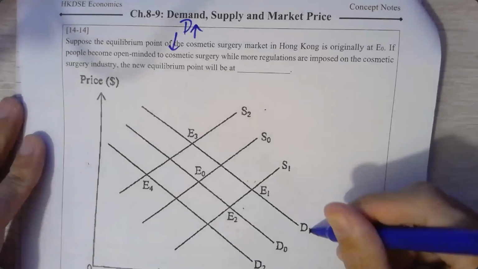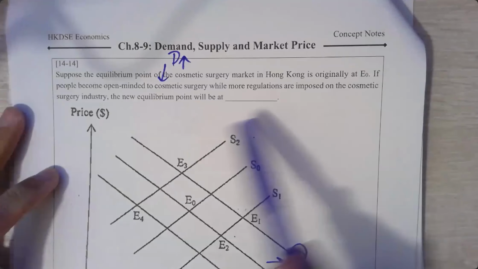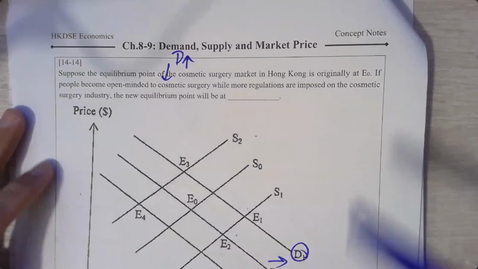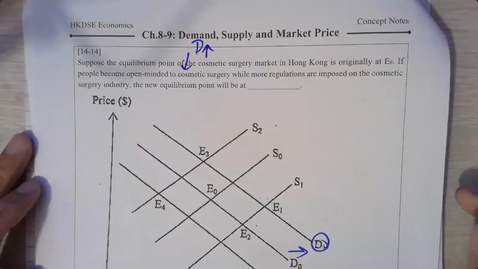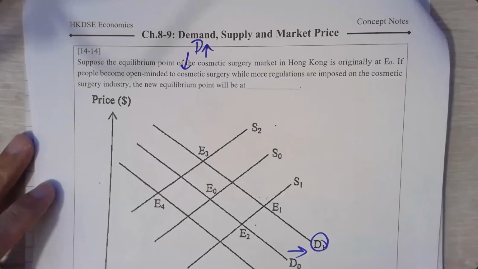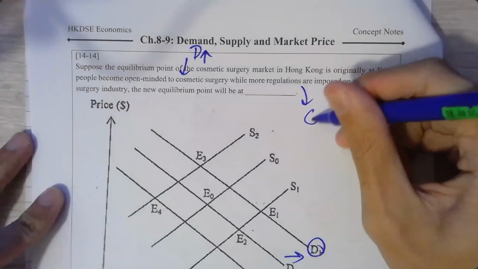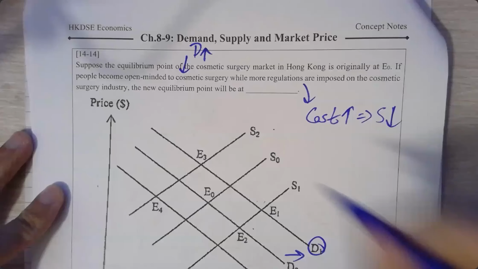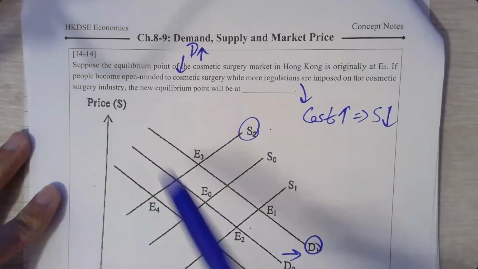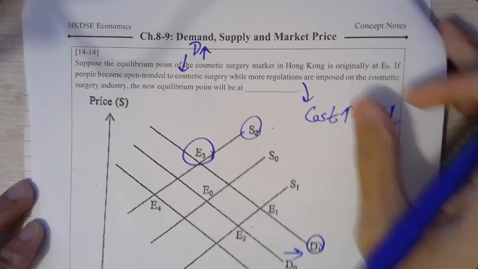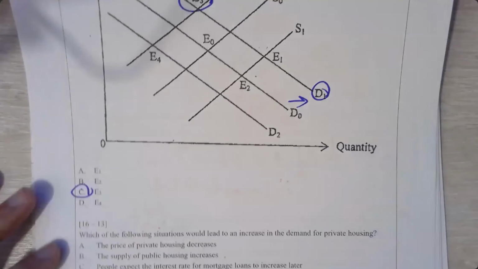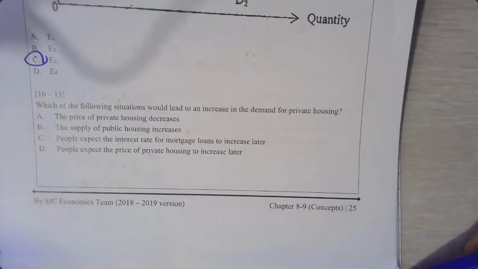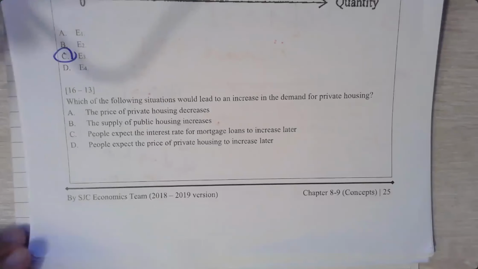OK？好嘛？So here, D1. 好嘛，要向右啦。While more regulations are imposed on cosmetic surgery industry，冇咁容易入門啦，係咪？冇咁容易俾你開鋪啦。So here, more regulations, it means that the cost increase, therefore supply drops, which is S2。好啦，我哋揾下 D1 S2 E3，OK，E3 啦。OK，answer will be E3。OK，好嘛？你阿 Sir 做嚟做去三幅被係咁噶啦，你想點啊？考試係咁噶啦。Boys, in an exam, you